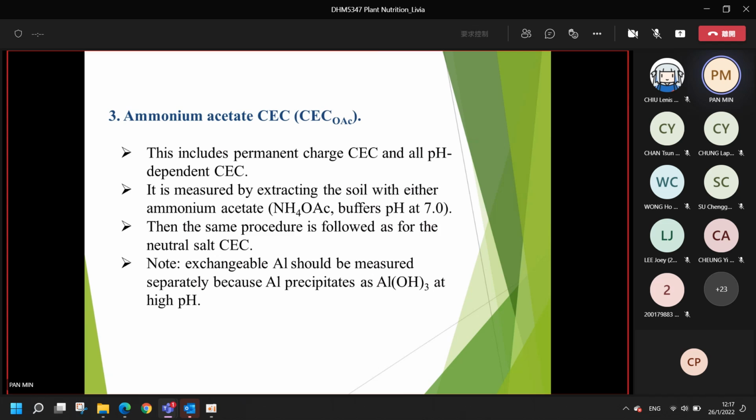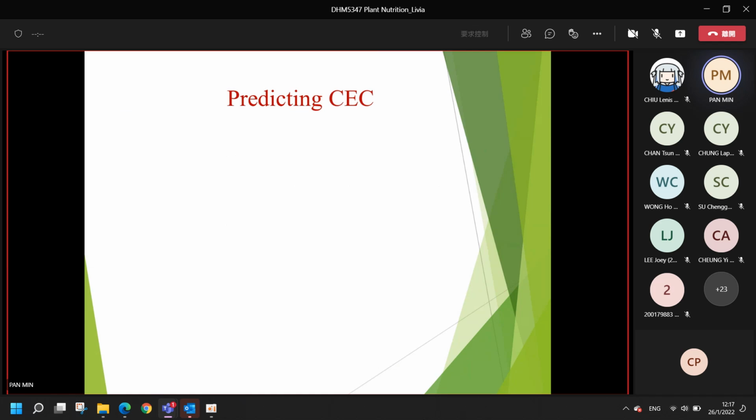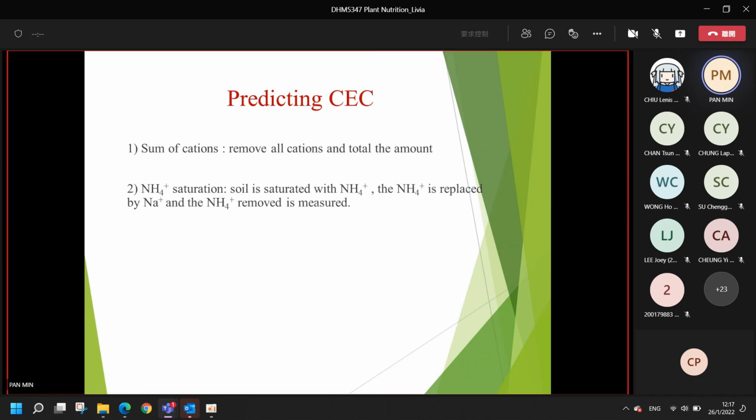Then the same procedure is followed as for the neutral salt CEC, and in this method the exchangeable aluminum ions should be measured separately, because aluminum precipitates as aluminum hydroxide at high pH. So with different methods for the CEC determination and prediction, you can know the CEC level in the soil, and here it shows the sum of the cations,